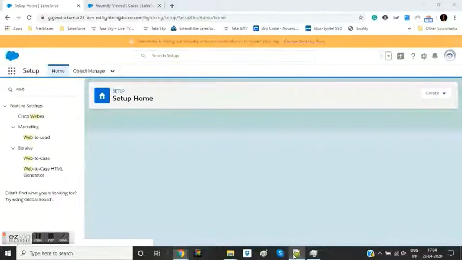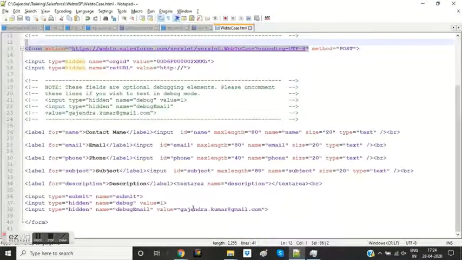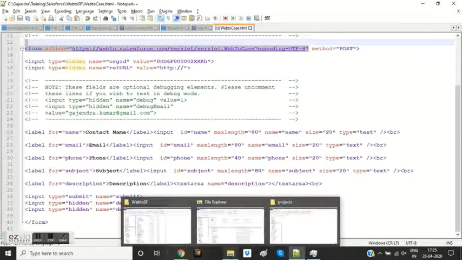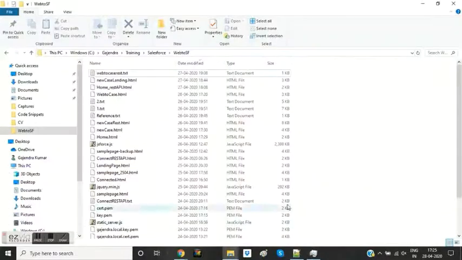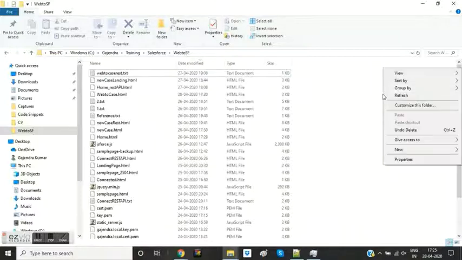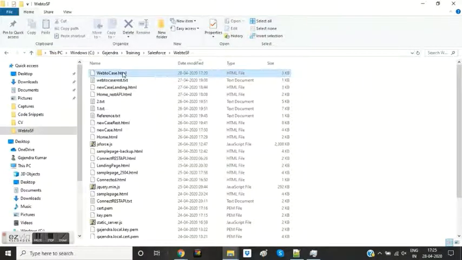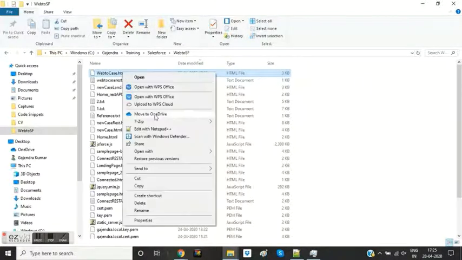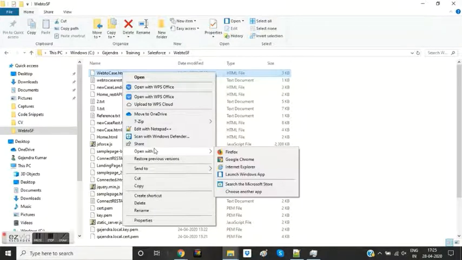Okay, so now we have this form. What we are going to do is open that page. This was the page which I created and saved, web2case HTML. I'll open it in Chrome.